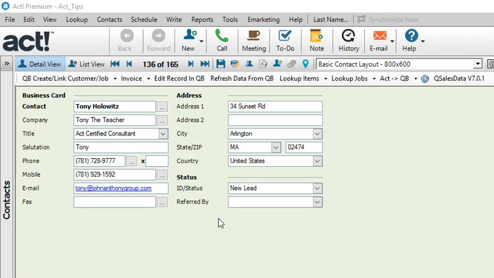My name is Tony Holowitz, and I want to give you a quick tip on using a tool called Dragon NaturallySpeaking, or what you might know as Dragon. Dragon is a tool that allows me to dictate with my voice things to my computer. And what you might typically use it for is dictating documents or letters or anything that normally you type or write. So this is a tool that can actually be used in Act, and I want to give you a